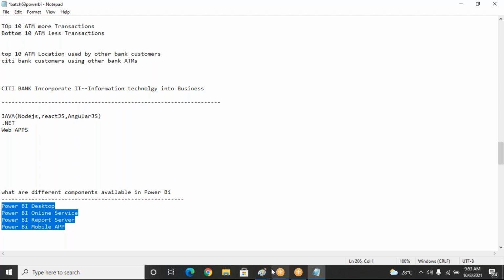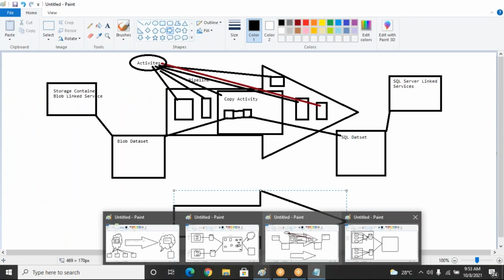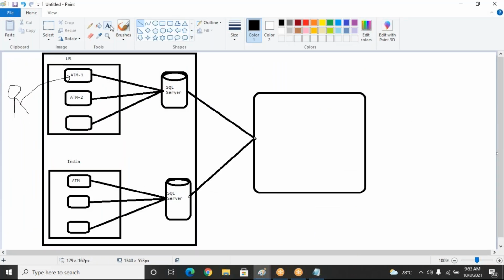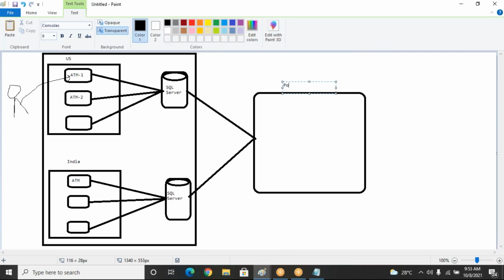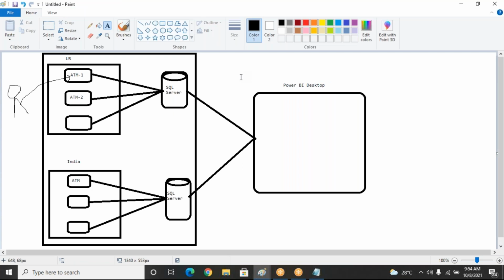Power BI desktop means that is the application you can install in your local computer on a Windows operating system. Something similar to your Excel. This is called Power BI desktop. So this Power BI desktop we are using to design the reports. From these SQL Server data sources, your Power BI desktop is going to connect and take all the list of tables, whatever required,